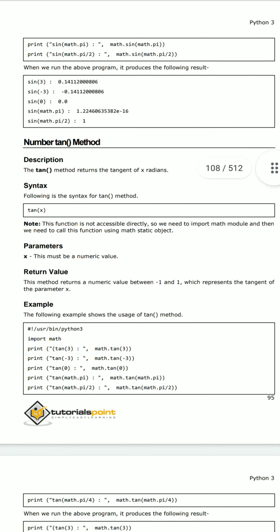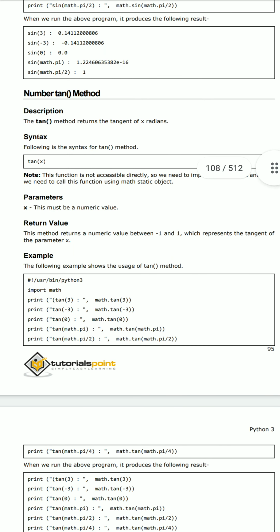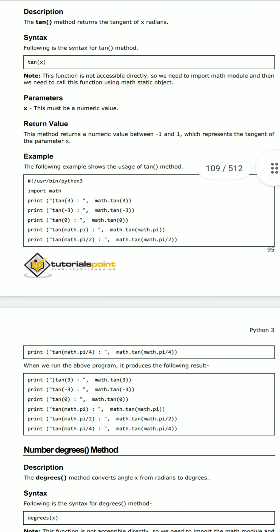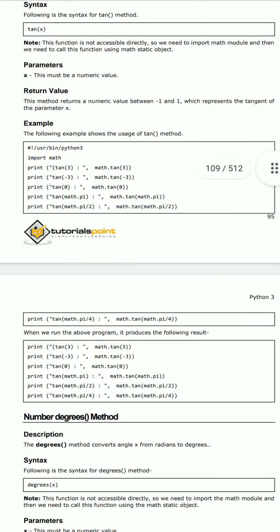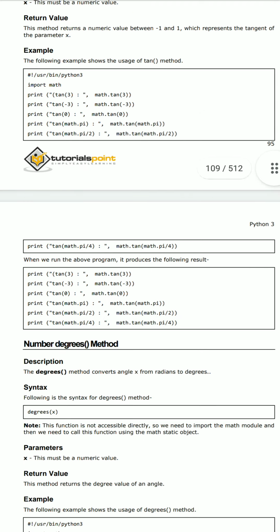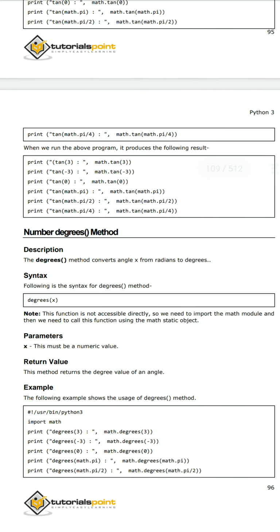And next we have the tangent method. Tan of 10, tan of 0, tan of 20, like this we can calculate as many values as we can. So here is the syntax, tan of x. And how can we calculate tan of 3? By using the math function: print of math.tan of 3. By calling this method, I can get the value for tan 3. So these are the examples, and we can practice them in the Python editor. We can get the values. So friends, we try to understand the concept. Thank you all.